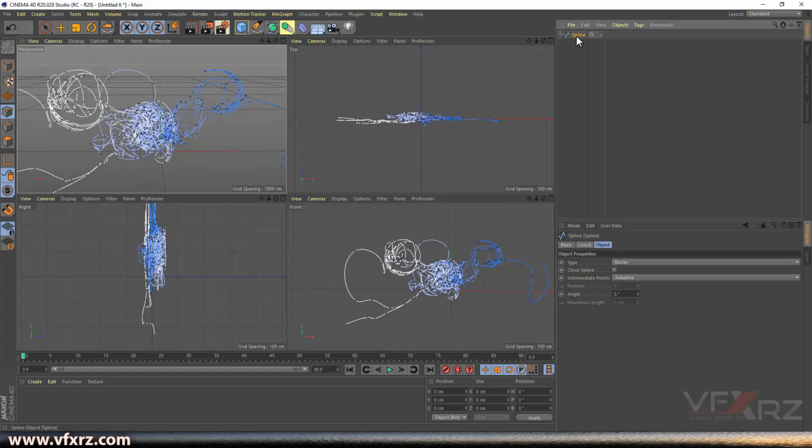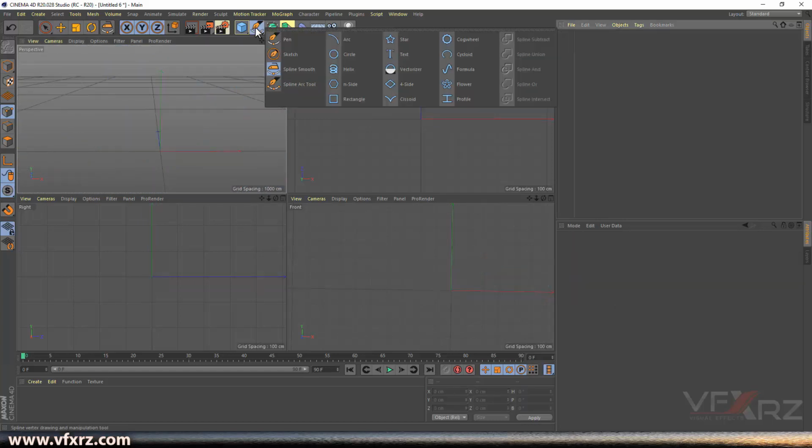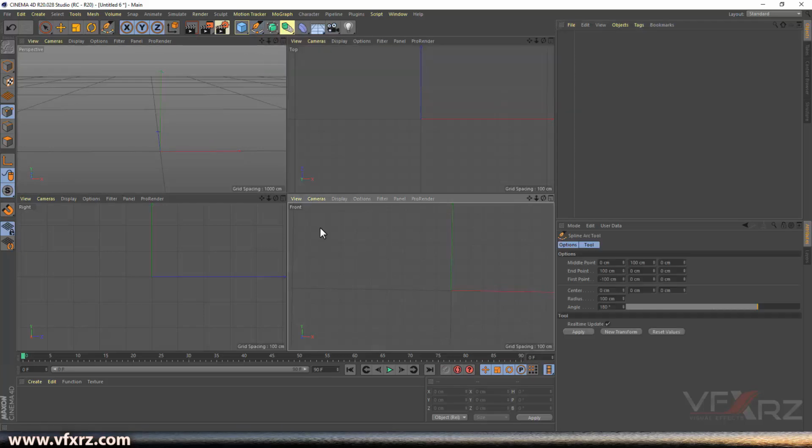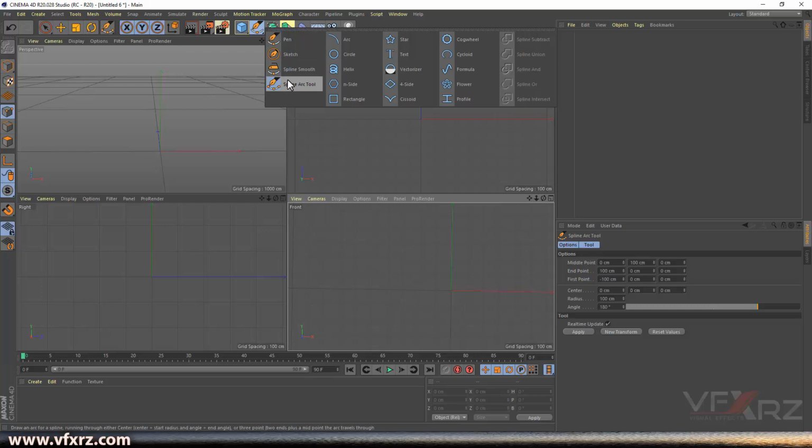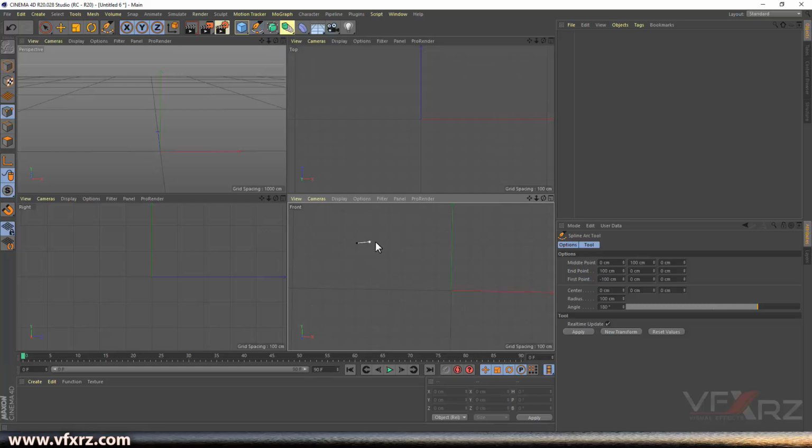Now delete this spline. And next is the Spline Arc tool. When you select this and click, you can see it creates this line like an arc. First you should adjust your arc, then click and hold it and drag it like this